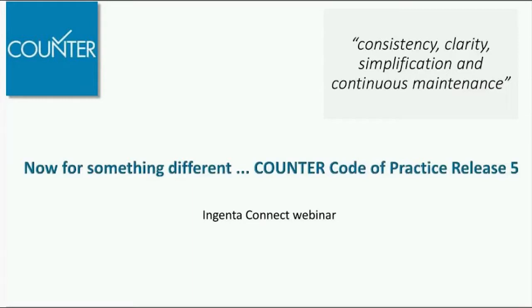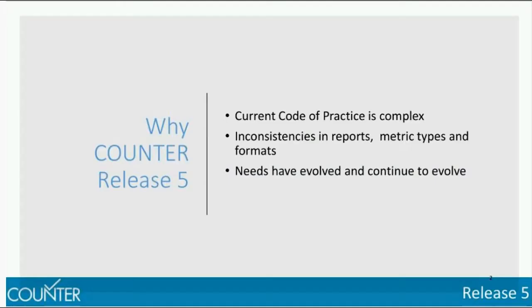I'm sure that many of you who have joined today are familiar with Counter usage statistics and already using Release 4 reports. And I've called this presentation Now for Something Different because Counter Release 5 is quite different in many ways from Release 4 and addresses many of the issues that we've had with Release 4. So, to move on,